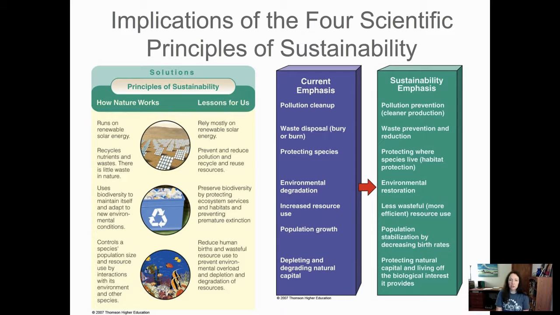Now these 2 graphs, the one on the right, you are going to do a little research project with in just a minute, so you'll get to look at that. But I encourage you to take a look at the table on the left. Principles of sustainability really are based on nature and how nature works. So if we would look to nature as a teacher to base our systems on, we actually would create a more sustainable society. So I encourage you to take a few minutes to read through that. It's on your notes paper. And it's just showing that we can do a whole lot better if we understand how nature works and try